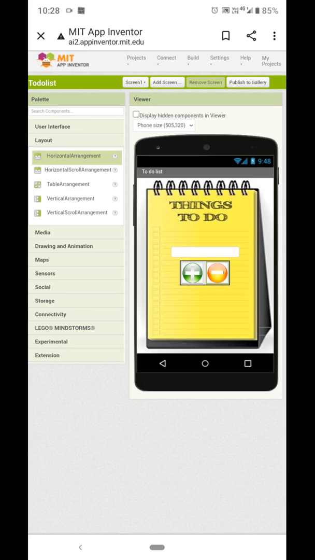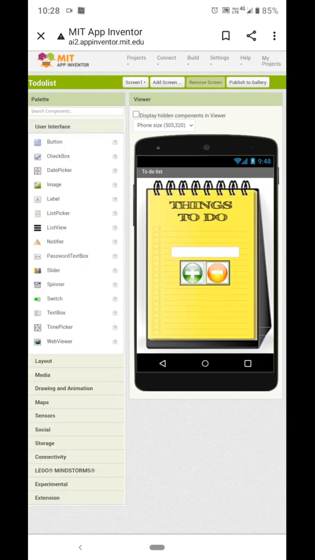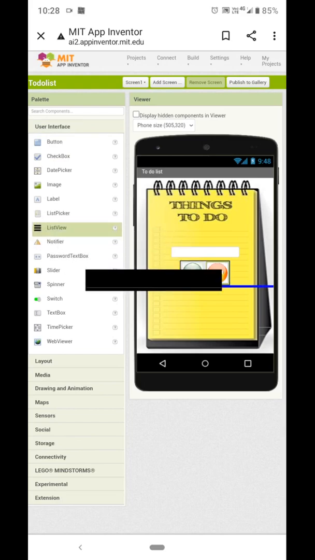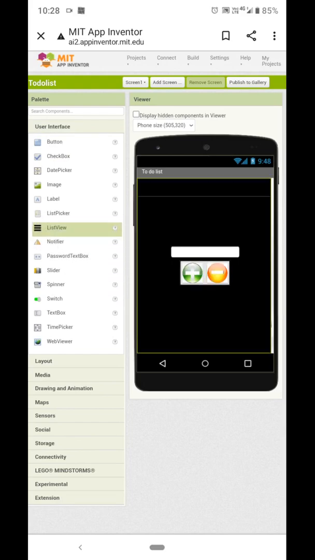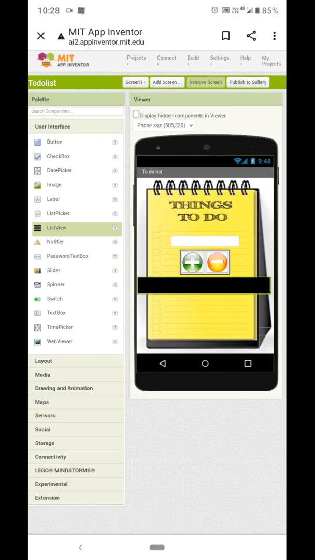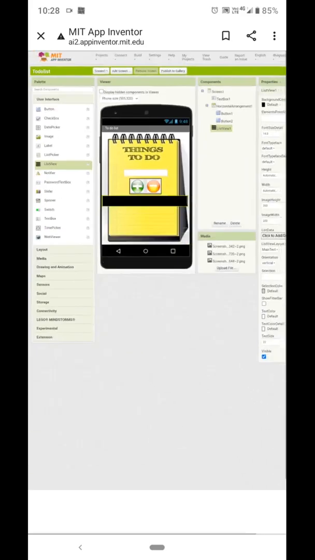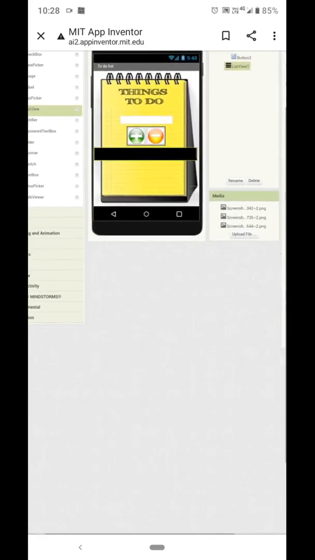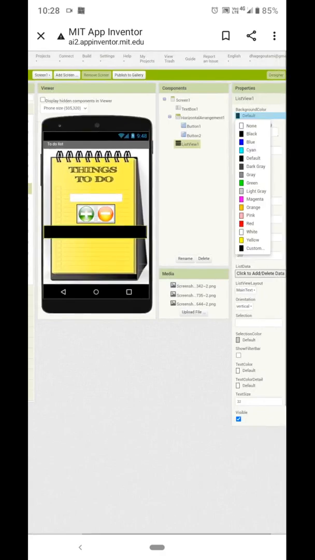Okay, now below that take a list box, that is list view. Change the properties.